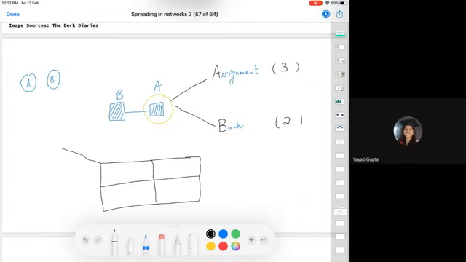Let me say this one over here is for the actions of these people, rather than A and B, let me take them to be X and Y. So these are the actions for X, these are the actions for Y. X can stick around and do the assignment, or he can go and bunk. Similarly, Y can sit around and do the assignment, or he can go and bunk. So we are going to fill all of these 4 cells over here.